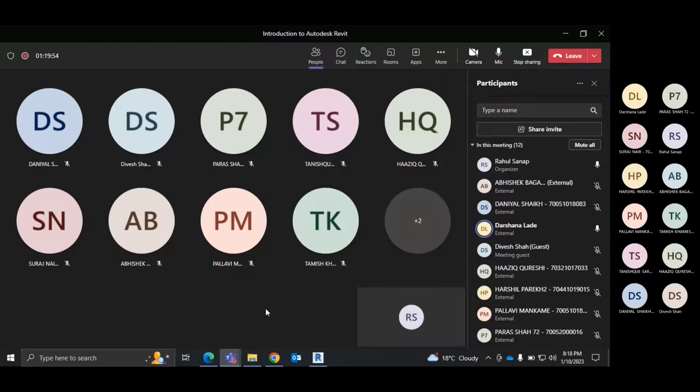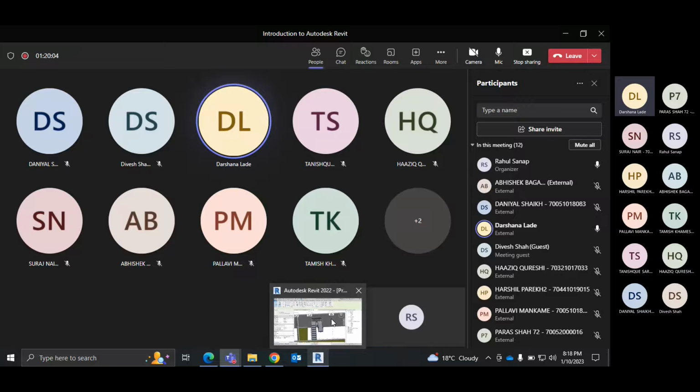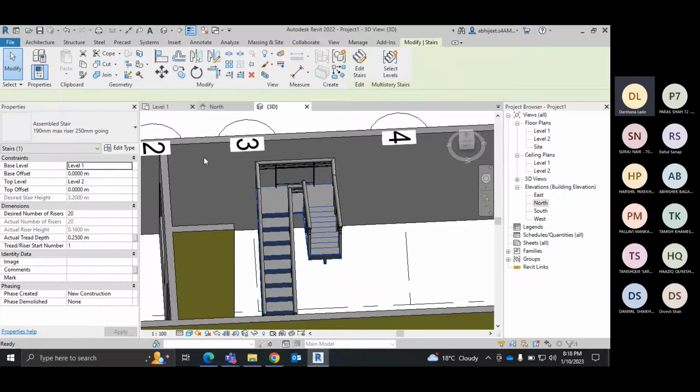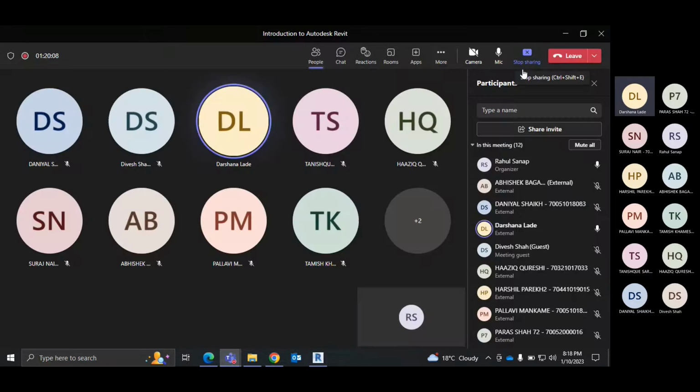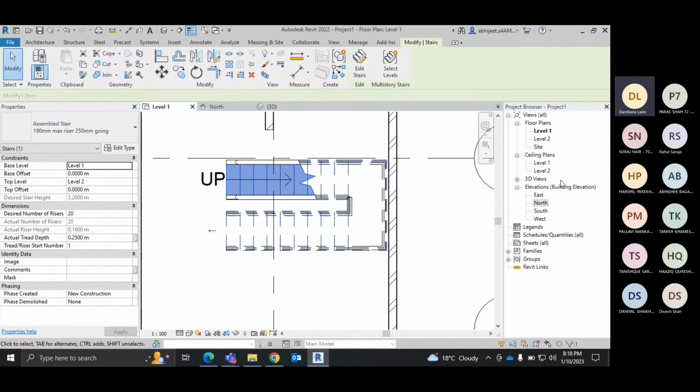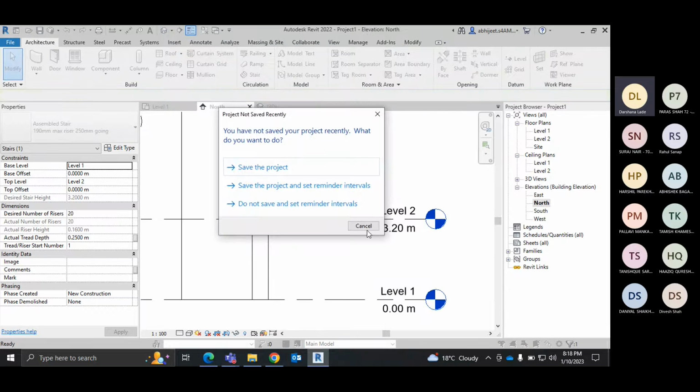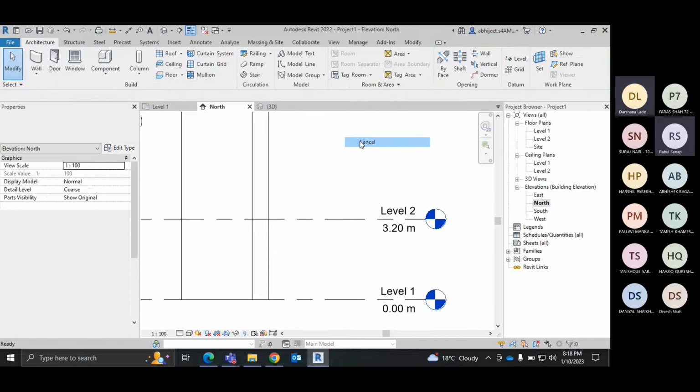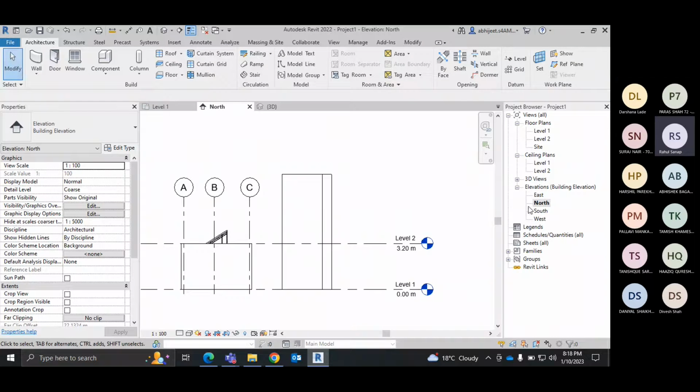Yes, ma'am. Actually, we created the grid right now. How about the levels? Suppose this is ground plus one story. If I want to have ground plus two, three stories, how will you create a level? Okay, so for creating the levels, you need to go to your elevation. I told you, levels we can create only under